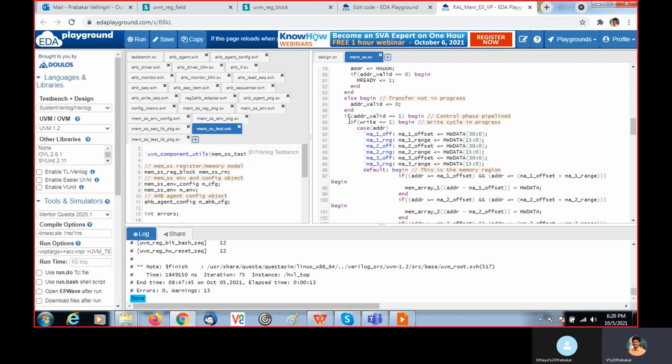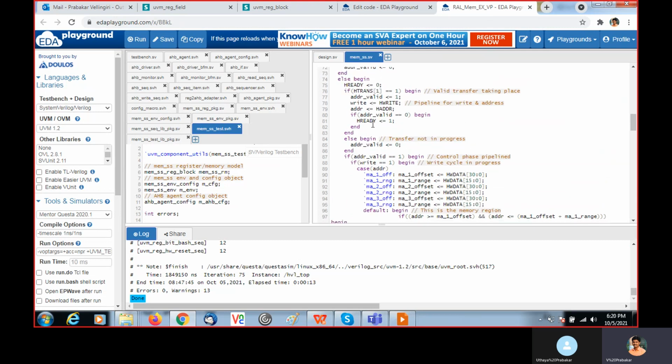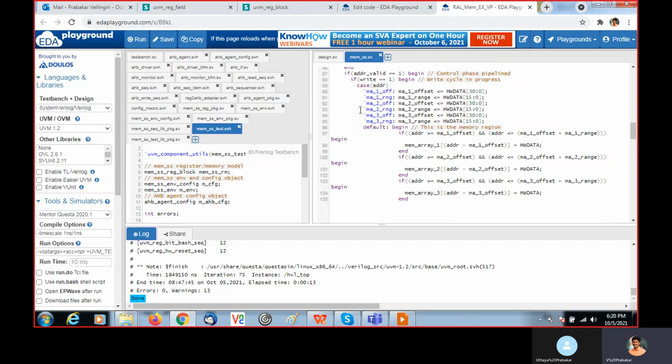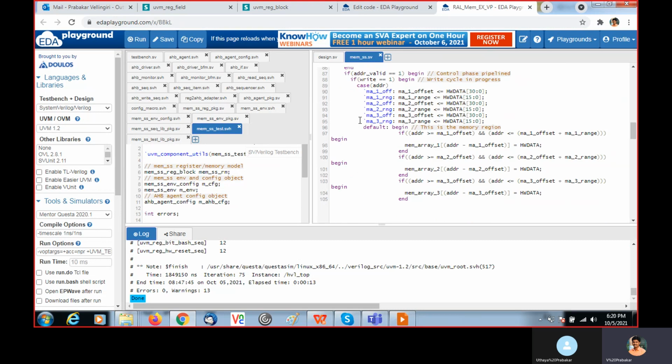address valid is 0. Then if address valid is 1, it will enter this if condition. Here it will check the write signal we are getting, and based on that it will perform a write or read operation.